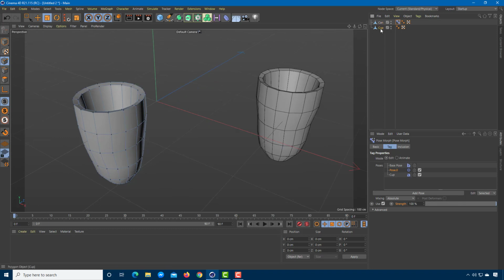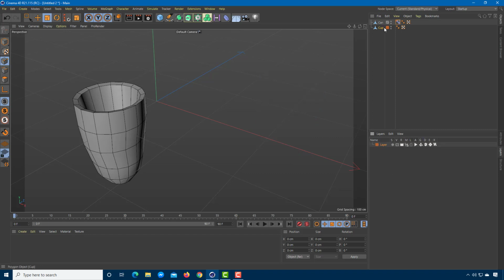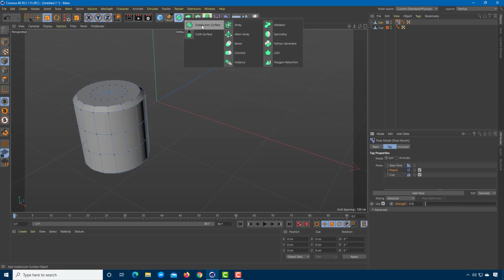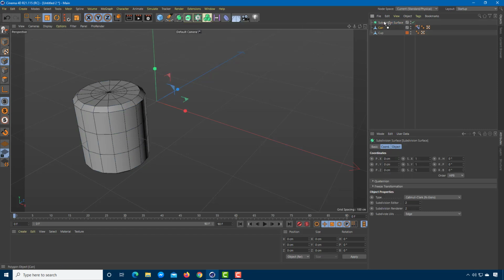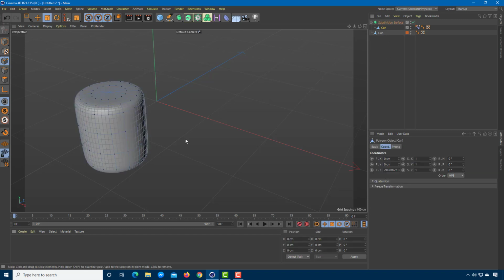So I don't actually need to see the cup anymore, so I can actually go into the layer and I can create a new layer out of the object selected and hide that out as well. So I'm going to go to the cup now, right over, not the can, that is the base model that I'm working with. So under attribute, you can see that this is how it looks like. So now what I can do is I can add in a subdivision surface onto the can, and let's see how that looks like. So it smoothens out everything for me. So I'm going to press N A to get back to shaded mode.